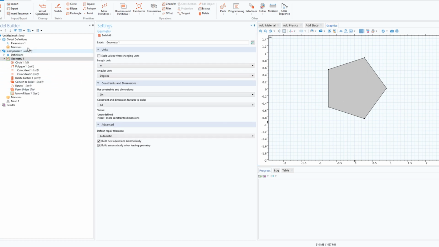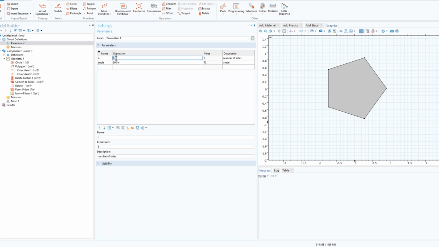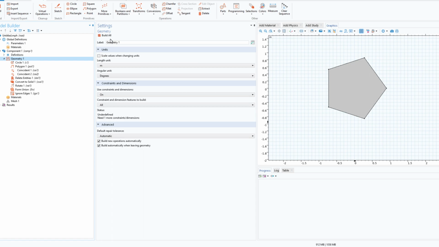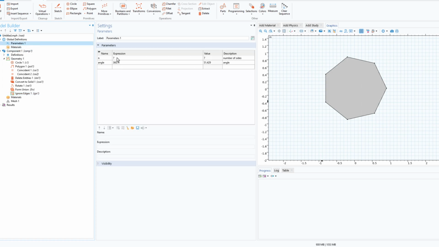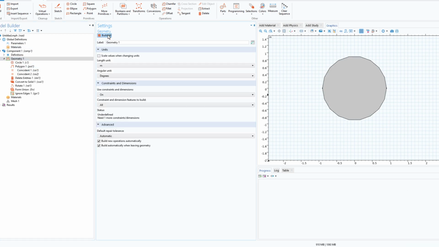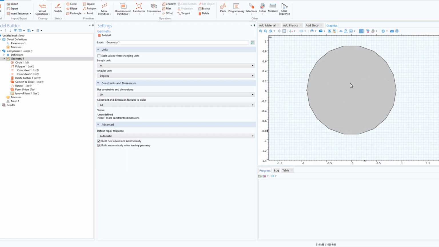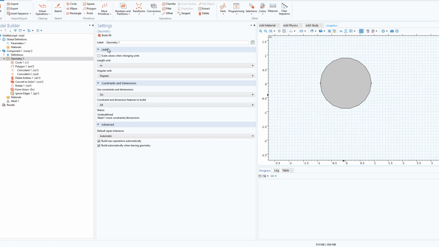Now of course if you want to change the value of n, so for example if I select 7 and in the geometry I click on build all, we will have a 7-sided polygon, but you don't have to manually select the edges. What I've seen in COMSOL version 6.1, the edges get automatically selected. So let's select any big number, let's say 18, and in the geometry click on build all. So we have 18 sides and we don't have any interior lines, right? So I think this is a very useful and very powerful feature